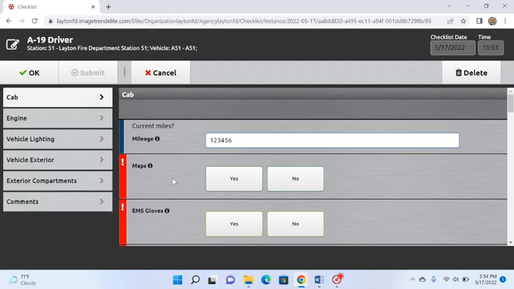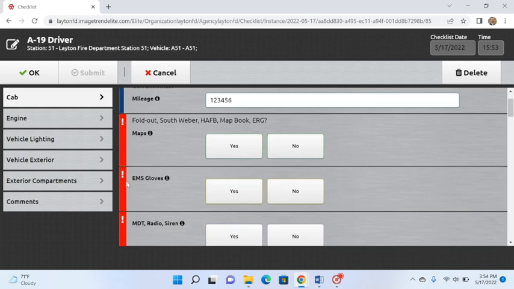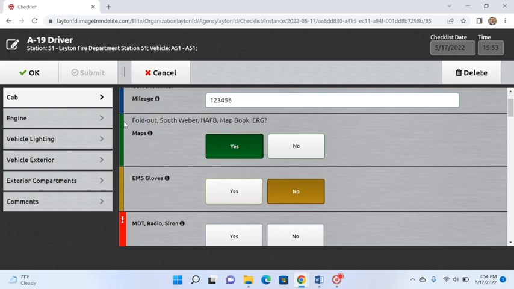Okay, under maps here, you're looking for the fold-out, the South Weber Hill Air Force Base map book, and the ERG. So again, these are not new questions. This is everything that you've been used to inside the Check It app. On the left here, you'll see that the question is highlighted red, which indicates that this question is required. So as you answer the question with a yes or a no, it satisfies the validation and takes away the